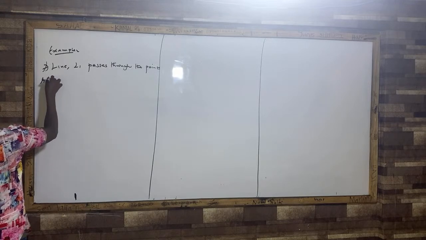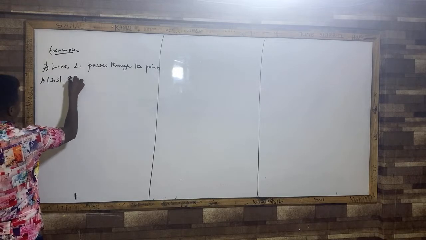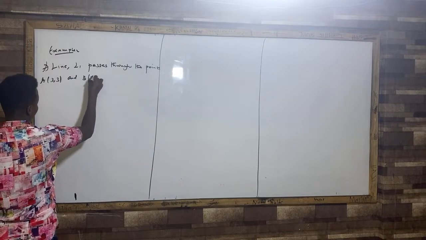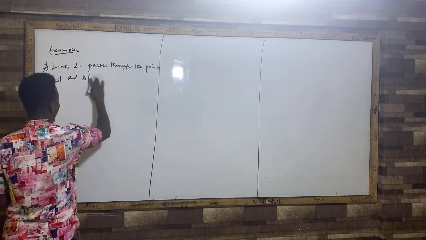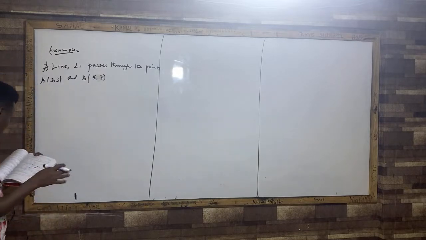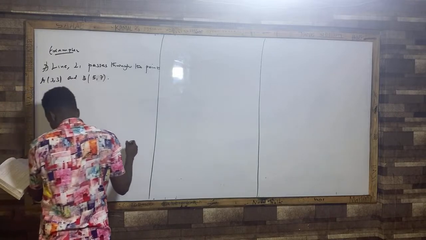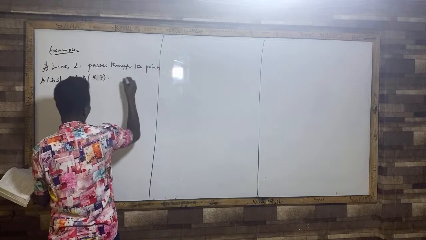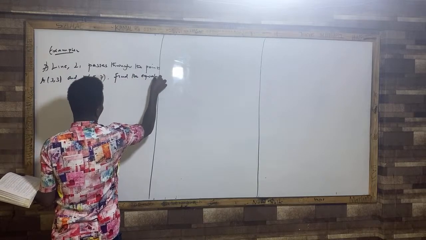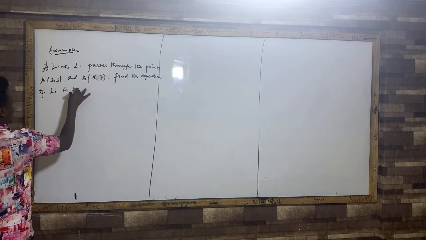Let's say A (3, 3) and B (5, 7). It's me who's writing this A and B, yeah? Just understand this is not there in the question, but I'm writing it to help you. Okay? Full stop. You're told, find the equation of L1 in the form